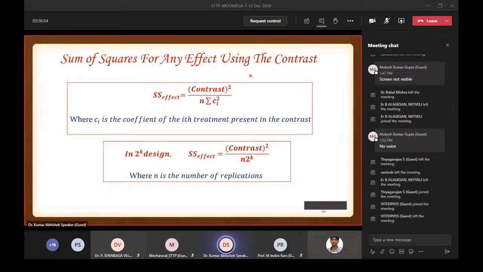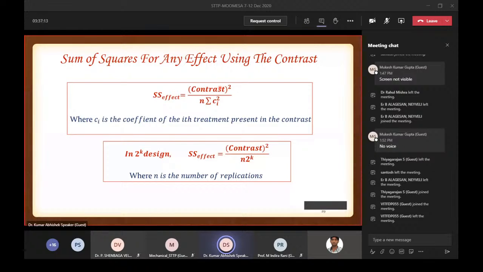Now you have to draw the ANOVA table. अब हमें तो ये पता चल गया कि कौन सा फैक्टर कैसा इफेक्ट कर रहा है आउटपुट पे। लेकिन यहाँ पे जो दो फैक्टर हैं, इन दो फैक्टर में से कौन सा फैक्टर ज्यादा इन्फ्लुएंस कर रहा है आउटपुट पे, तो उसको डिटरमाइन करने के लिए हम एनोवा टेबल की तरफ चलते हैं। और एनोवा टेबल की तरफ चलने से पहले हम उसका फॉर्मूला फाइंड आउट करते हैं,